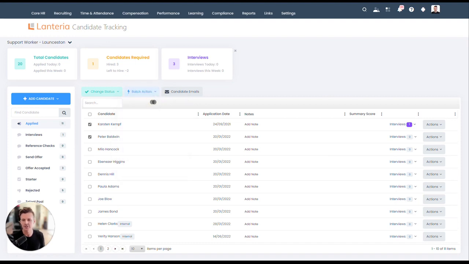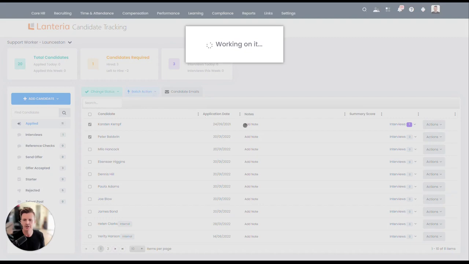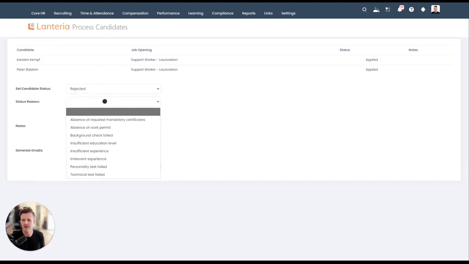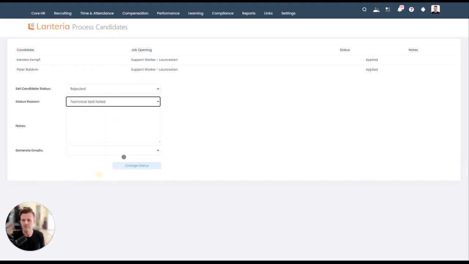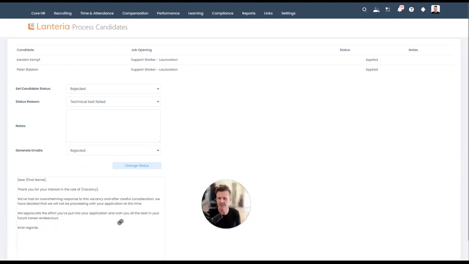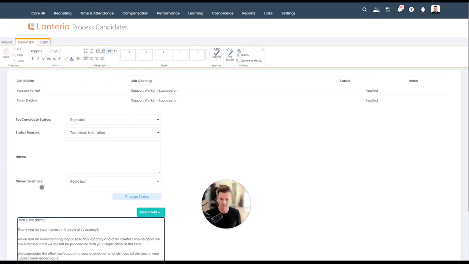So let's do change status, and we're going to change the status to rejected. Then from there I can choose the reason for the rejection, and they're configurable obviously, like with everything in Lanteria. And then I can choose to generate these letters. Okay, so if you see here, all these notifications I should say. So you can see here it's got the mail merge fields, and I can type my name down the bottom there as well,